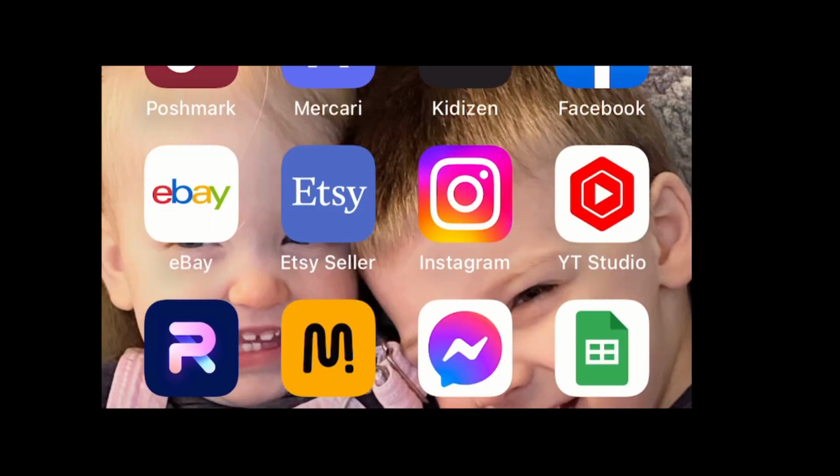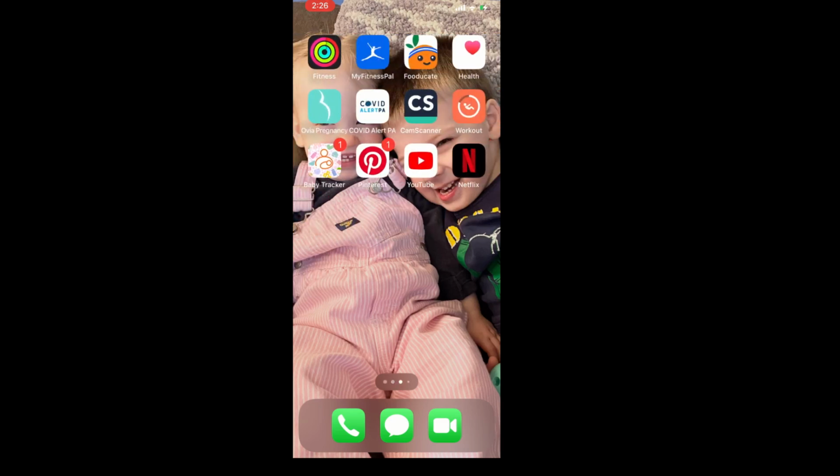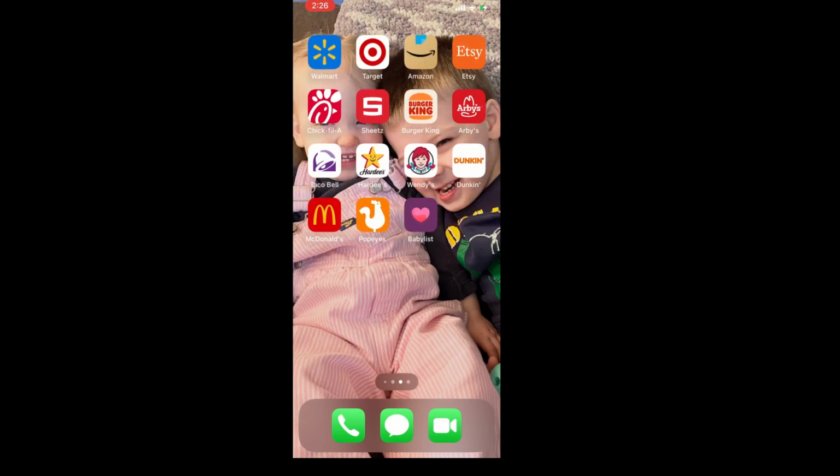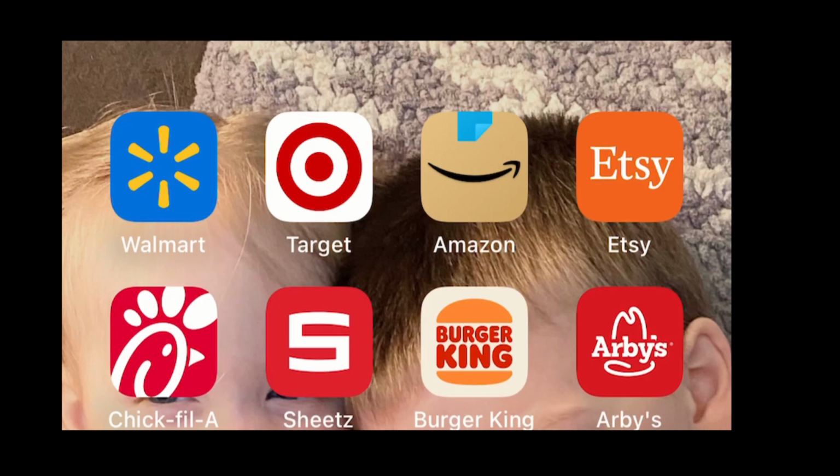Etsy. This is the newer Etsy seller app. I don't even think the old one you can use anymore. And the Etsy seller app, this purple one, is different than over here in the upper right-hand corner, this orange Etsy one, this is for shopping. This is kind of my shopping and